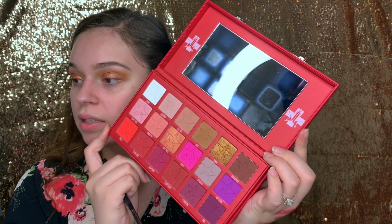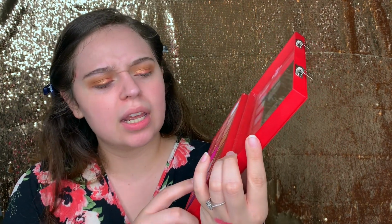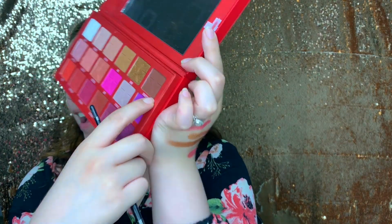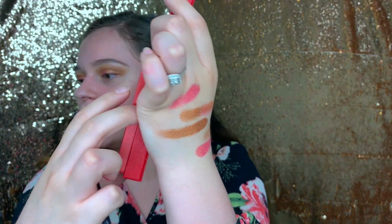But looking at this, I do want to deepen it up a little bit, so I'm going to go in with the shade Intravenous. That's funny. I'm a phlebotomist at my job, so some of these names are funny because if you don't know what intravenous means, it just means in your vein. I'm sure literally everyone knew that, but if you didn't,